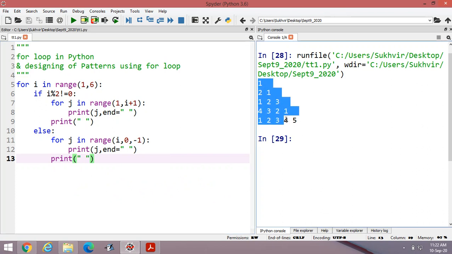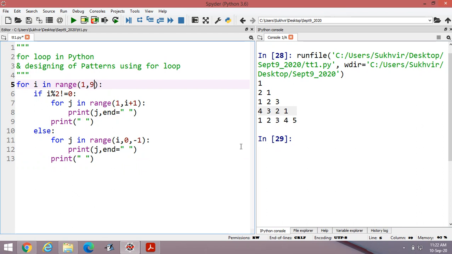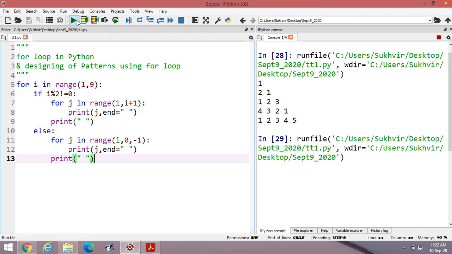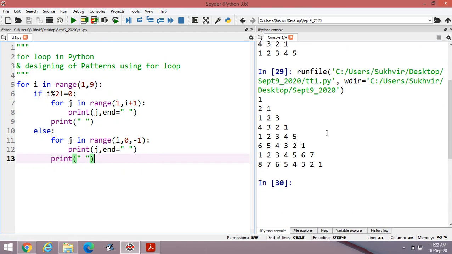In this way you can display the data whatever you would like to display. First row as it is, second is reversed, third row as it is, fourth is reversed. If I am entering 9 here, you can display more rows according to this pattern. This one is there. Second row, fourth, sixth and eighth are all reversed and other rows remain as they are. You can display the data as per requirement.